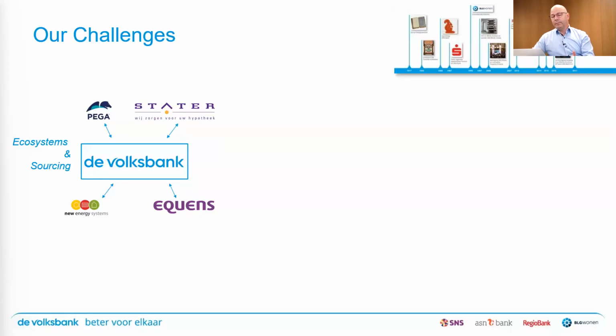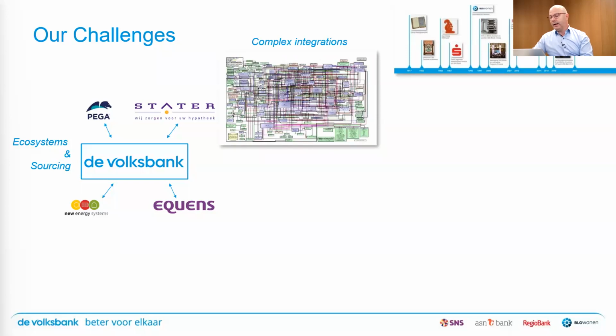And then because we're so old, there are so many applications and corresponding integrations in our application landscape that we would probably have a challenge making any change. And what happens in a complex landscape very naturally is, if you don't want to mess with the stuff that already works, and you want to change something, you probably add something new and integrate that into the landscape, making the subject matter immensely more complex. And you have to keep on banking, of course. Yes. And if you want to keep on banking and make sure that the complex integrations and the complex application landscape don't get in our way, we need to simplify that.